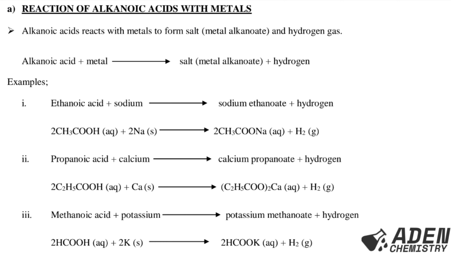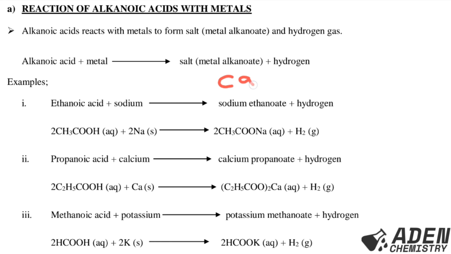Remember, the propanoate ion has a valence of 1, but calcium has a valence of 2. That's why we put the propanoate ion in brackets and put the 2. That 2 was the valence of calcium. So to balance the equation, we put 2 on the side of the acid, then we leave the reaction like that. So if you want to balance this equation, you only need to remember the reaction between calcium